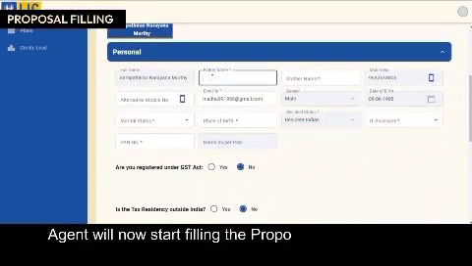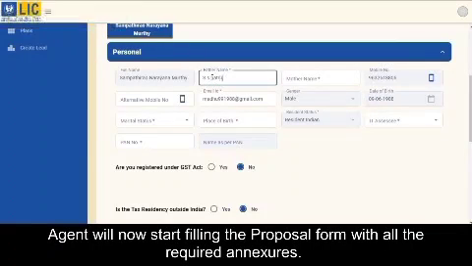Agent will now start filling the proposal form with all the required annexures.